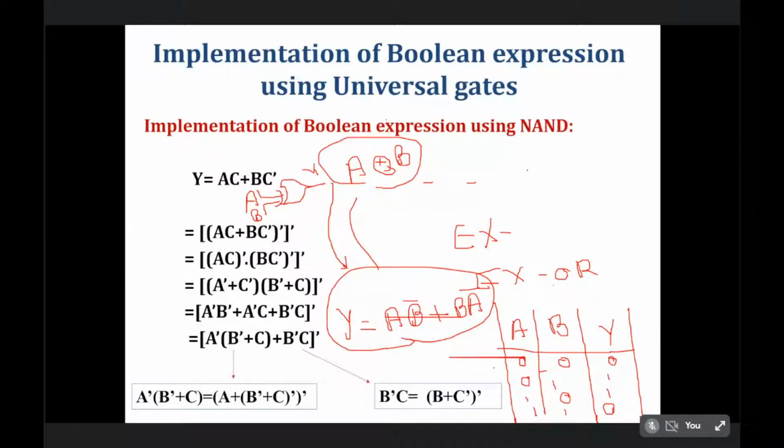Okay, so if we try to solve this truth table, we'll get the expression like this: AB plus A bar B bar. Okay, AB plus A bar B bar, and its symbol is just we need to put one bubble with the